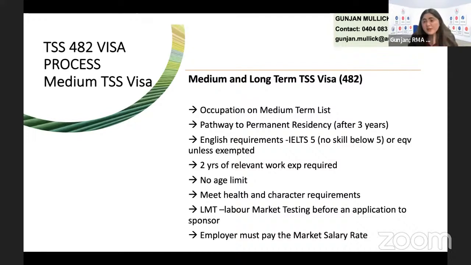So this is basically not to jeopardize the Australian citizens and residents. You must be paid as a temporary worker the same amount of salary that the employer is paying to the Australian resident or citizen. If the Australian resident or citizen working as an electronics engineer has got 10 years or 15 years of experience, that may not be considered an equivalent worker. An equivalent worker is somebody who has equivalent work experience and equivalent qualification as yours. They may be considered the equivalent worker, so you must be paid salary equal to that person.